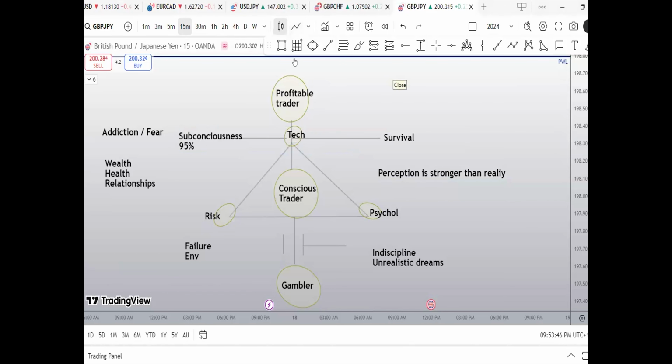Perception, guys, is stronger than reality. What you think about a particular thing is stronger than what that thing truly is. Funny enough, I can be trading the same strategy with you, but we can have different directional bias. We may have one directional bias, right? We can have a directional bias that this is going to be a buy, but our entries differ